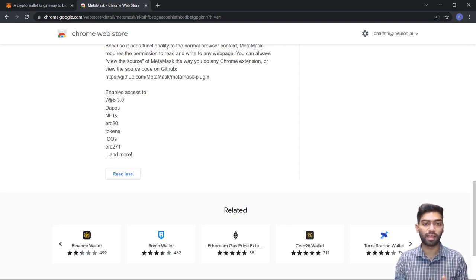For example, it will give us access to Web 3.0. Apart from that, it will give us access to interact and communicate with various decentralized applications called dApps. It will also give us the functionality to interact and mint various kinds of NFTs, the non-fungible tokens. So NFTs is what we will be using mostly for this project. Apart from that, if you want to mint new cryptocurrencies, if you want to create your own cryptocurrencies, you can